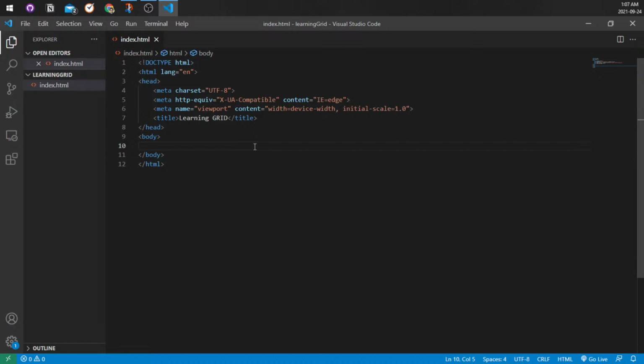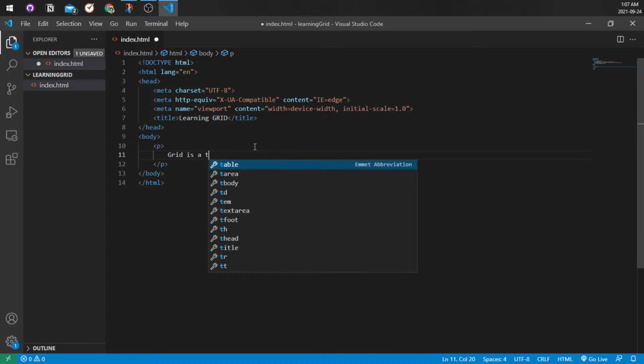what I've understood is there are two things in Grid, because Grid is a two-dimensional